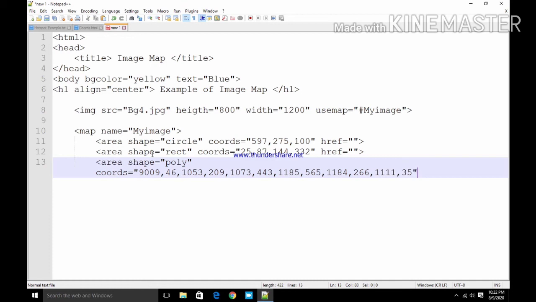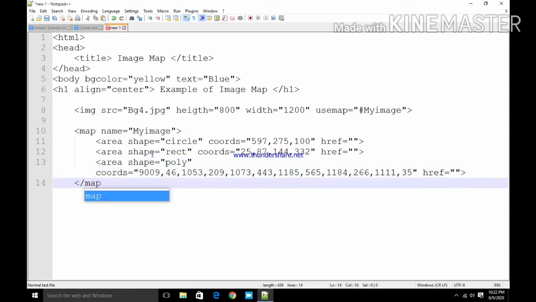So these are my coordinates. href, initially I am putting blank. That's done.